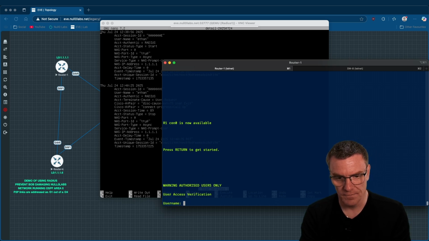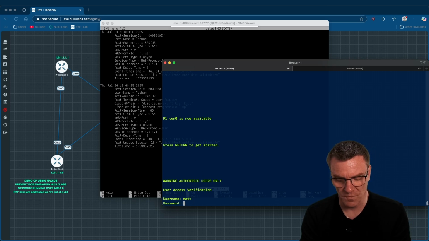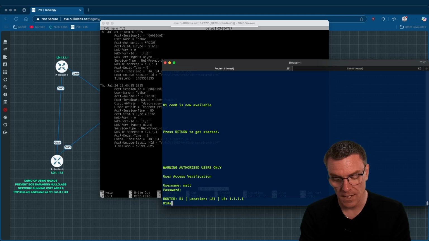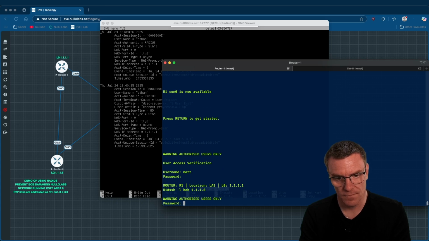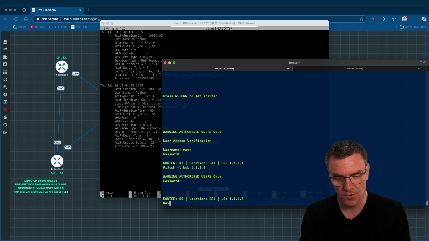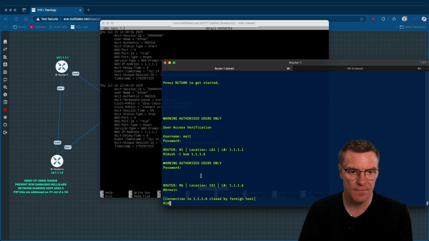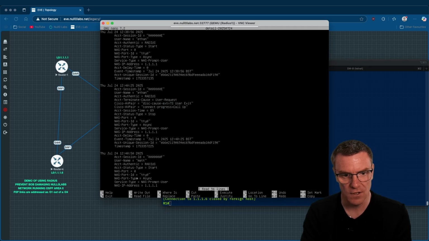So the same again, if I log in with my details, and then I try and SSH to router 6, let's say, which we haven't touched yet, so the local account will still be Bob. Okay, and now we're on router 6. So we've jumped from router 1 to router 6. If I exit that, now if I look at the log here,